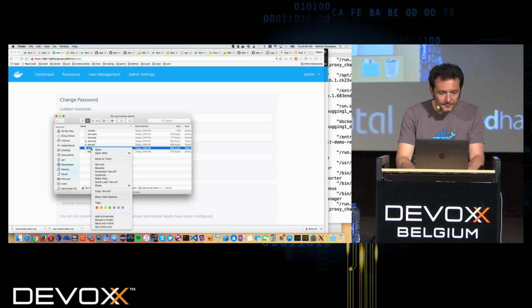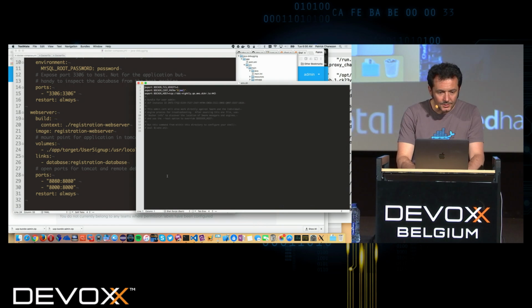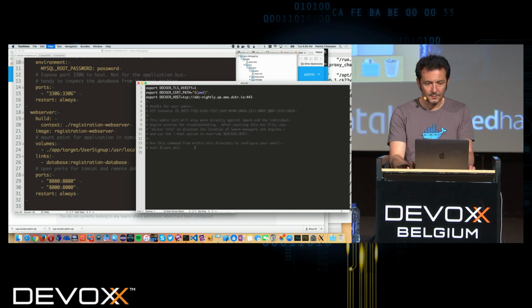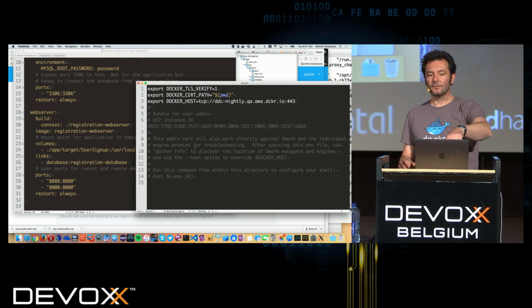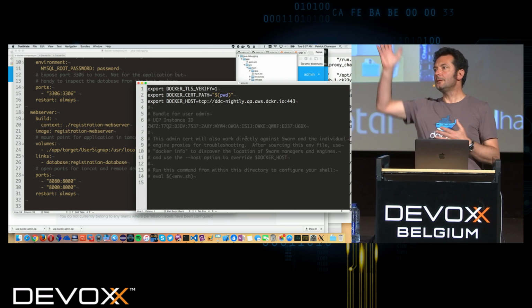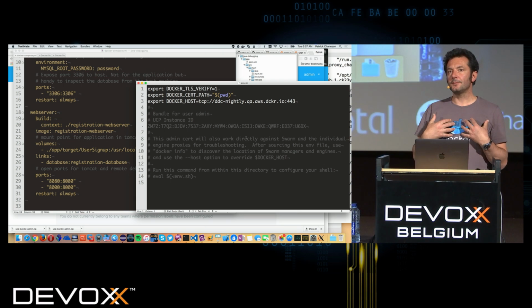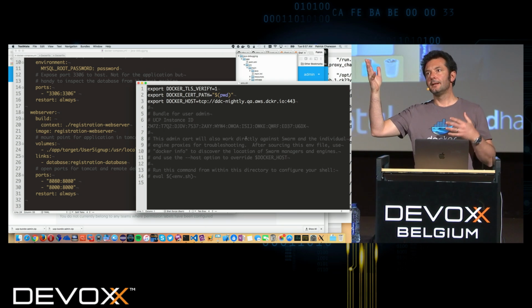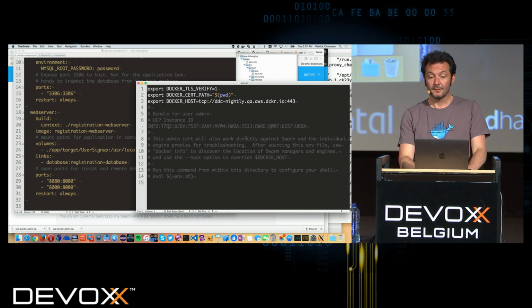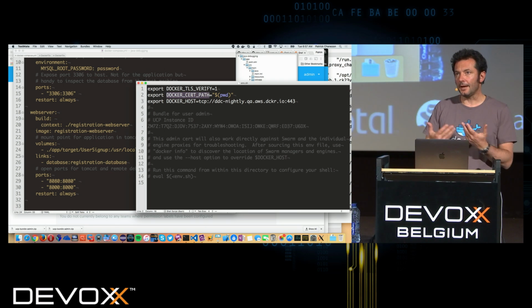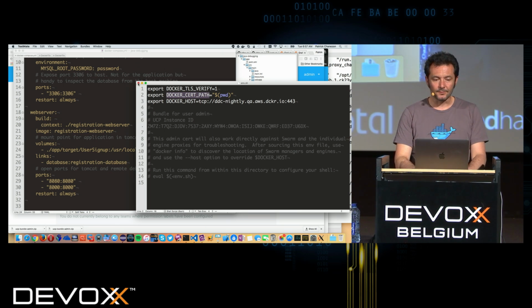And what's interesting is that env.sh. Basically if I put that directory somewhere, I cd into it and I source this, it's going to set up my Docker client to talk to the UCP host and identify me over SSL with the right certificates, the Docker cert path here, with the right certificates that it gave me, and so the access control can be enforced at that level.